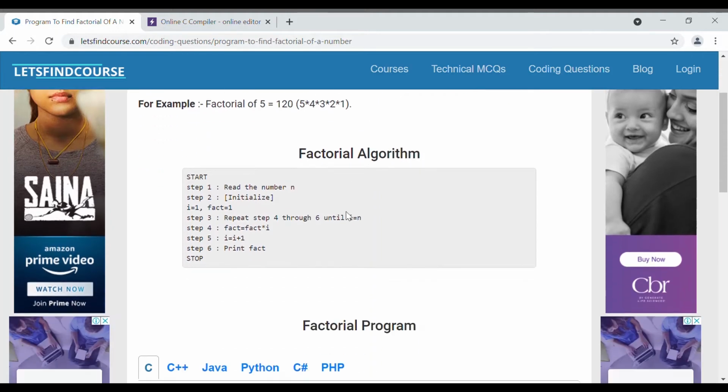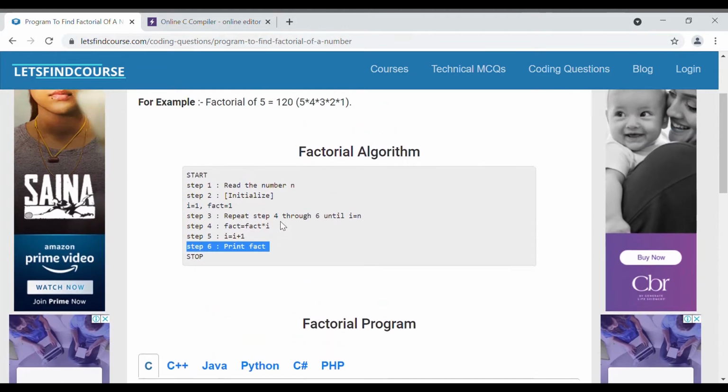So here you can see the algorithm for factorial of a number, that is read the number. Initially an input number is given, and then we have initialized fact and i. Fact is the variable which holds our result and i is for the loop. We loop from 1 to n, so we multiply all the digits. Initially factorial is 1, then we multiply 1 cross 1, then in the next iteration the value will be 2, 3, 4. So we are doing the multiplication and incrementing the i value, and then we print the result.